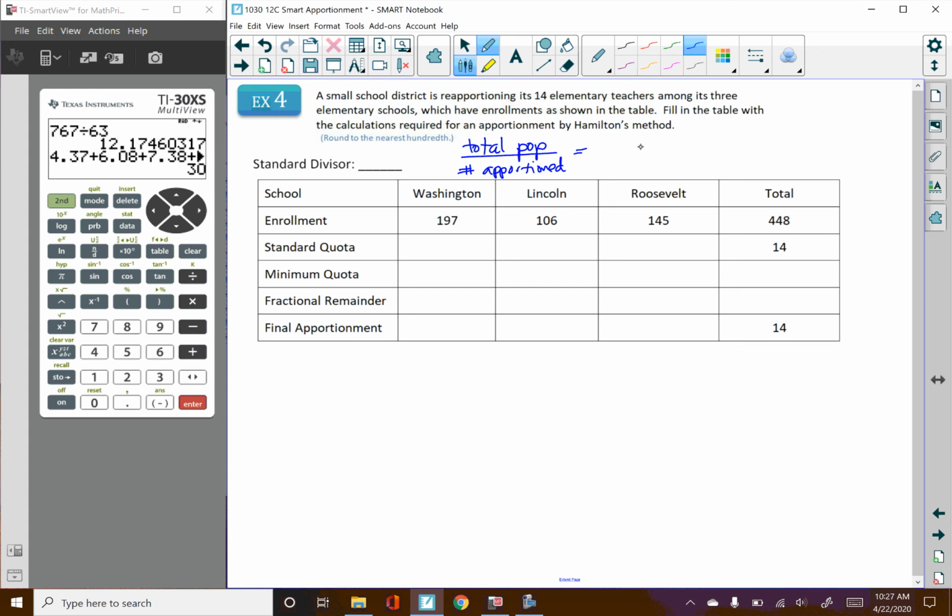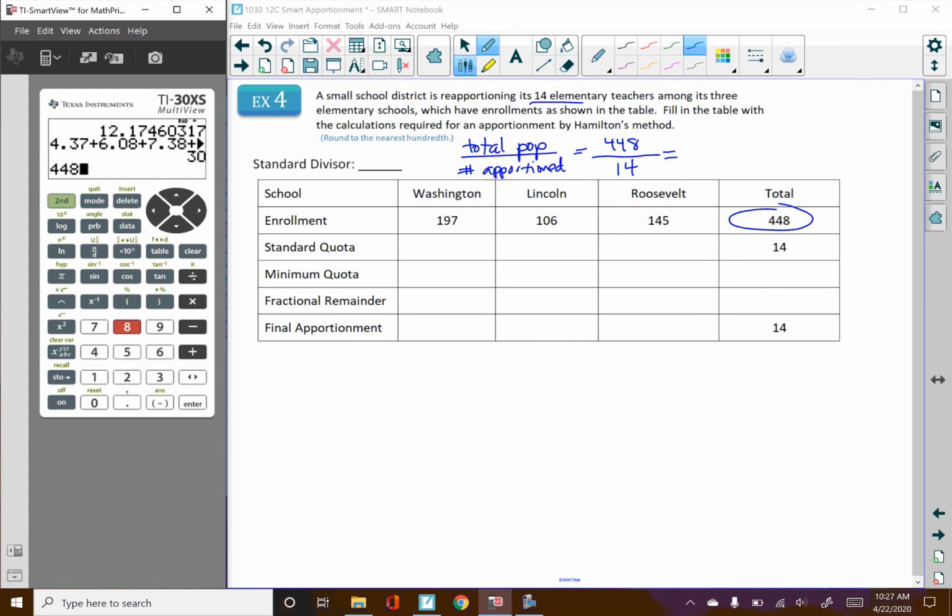So in this case, our total population is 448 students, and we are apportioning 14 teachers. So 448 divided by 14 is a standard divisor of 32. Okay, so now we find the standard quota. Standard quota is population divided by the standard divisor. So for this one it will be 197 divided by 32,